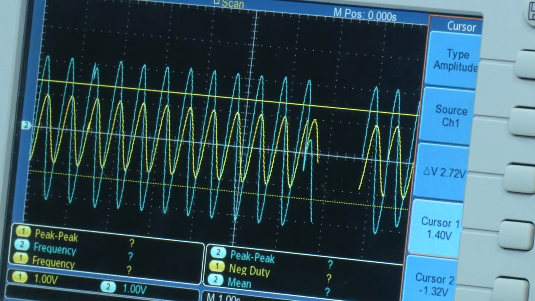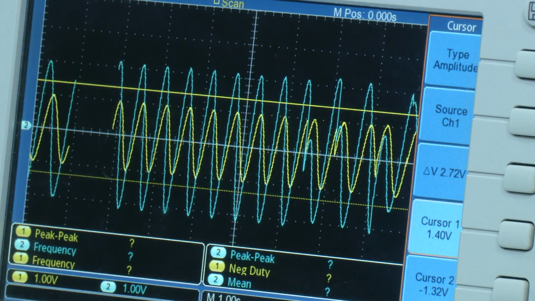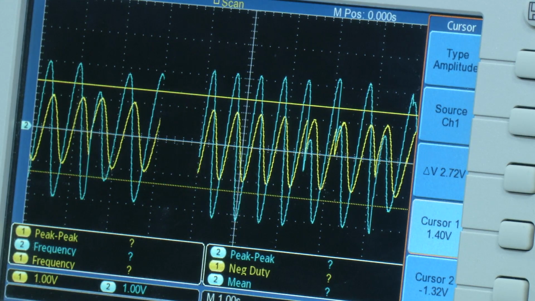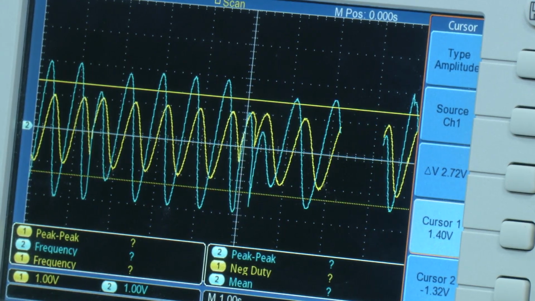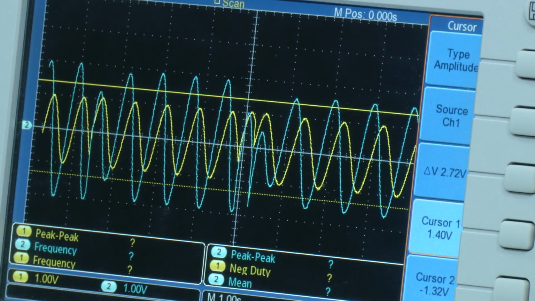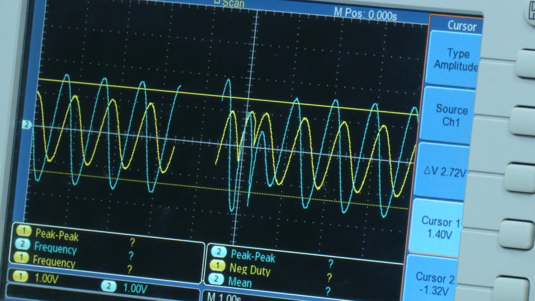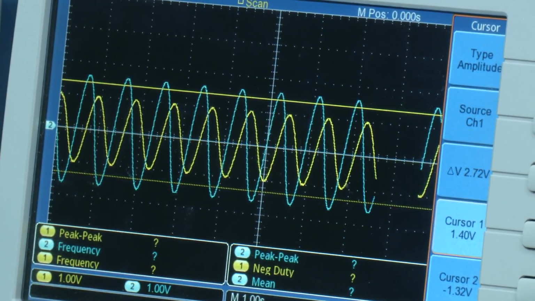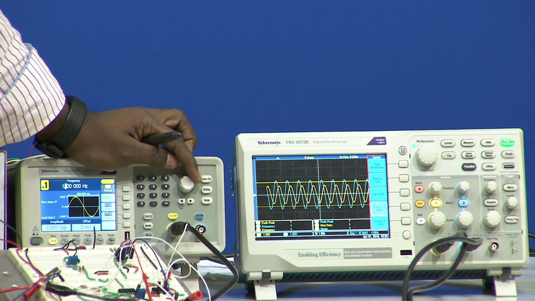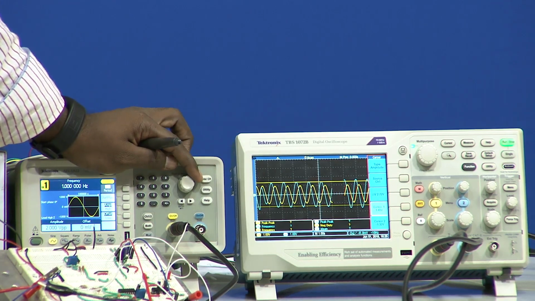So, I will slowly decrease the value. Now, we will observe at what frequency. Right now it is 1.3, right now I am setting it at 1.1. So, even at 1.1 hertz, the input value is higher than the cutoff value, which is the cursor point at 1.4. Slowly I will decrease to 1 hertz. Now, suddenly it has moved to the 1.4 volts 3 dB line.